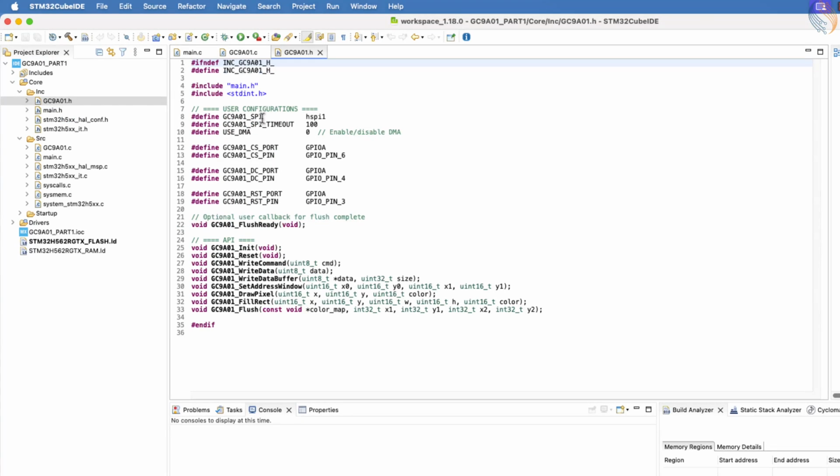GC9A01 header file. Here, we will need to make a few changes to align the library with the configuration we set up earlier in CubeMX. First, you need to define the correct SPI instance that you're using in your project. If you plan to use DMA for SPI transmission, make sure to set the use_DMA flag to 1 to enable that functionality in the code. Next, you'll define the control pins, CS, DC, and reset, and also specify the GPIO ports to which each of